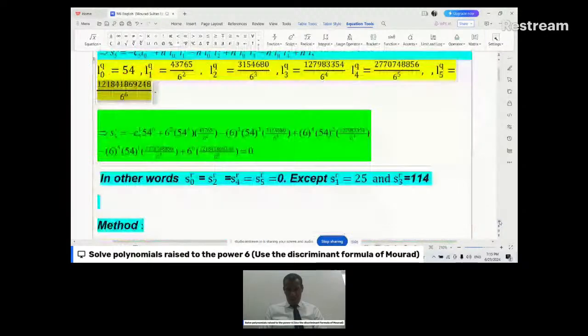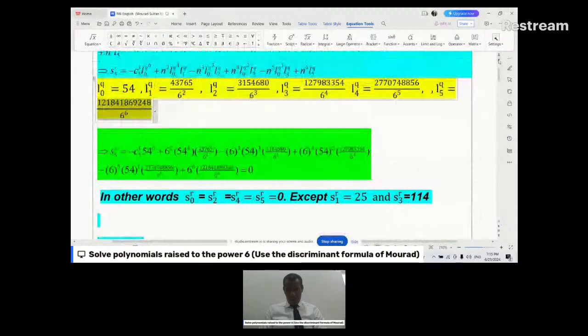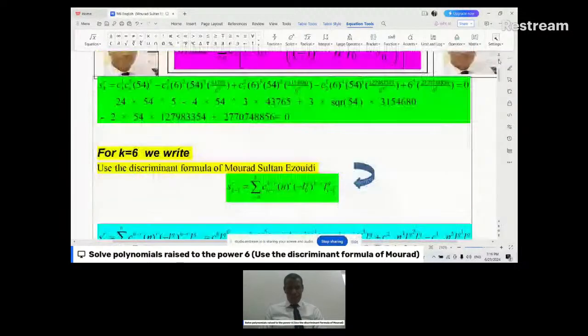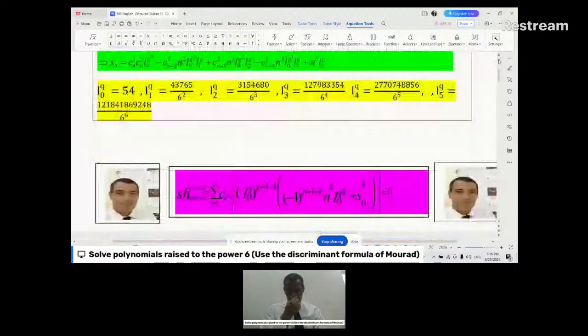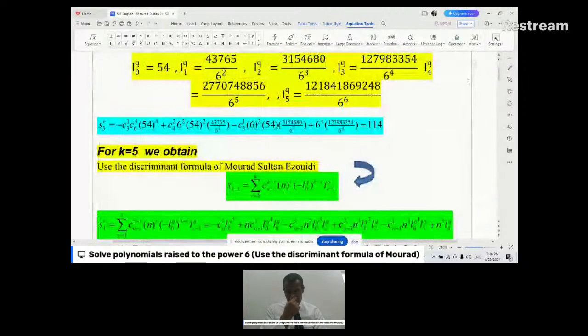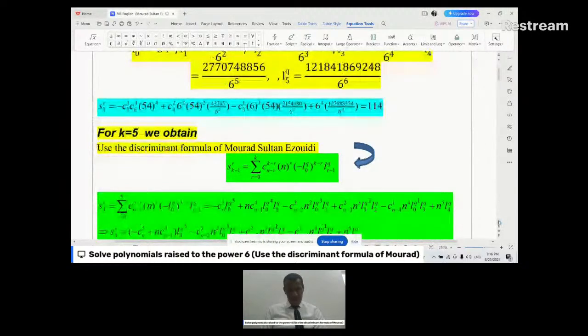S3, we calculated S3, or check S3 calculated before. The value of S3, yes, 114. Okay, 114. Therefore, now, okay,